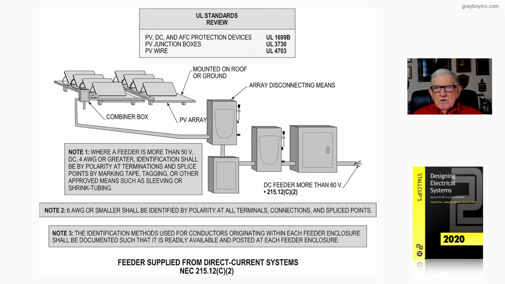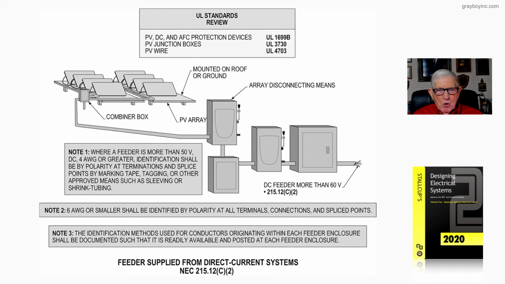Now, notice you see the DC feeder here is more than 60 volts, and we're just saying that from 215.12C2. And remember, we're picking up feeder identification here. This wouldn't be, I think, 210.12C, I believe it is, that for your branch circuits, or 220.12C, one of those. Now, note 2, a number 6 or smaller should be identified by polarity at all terminals, connection, and